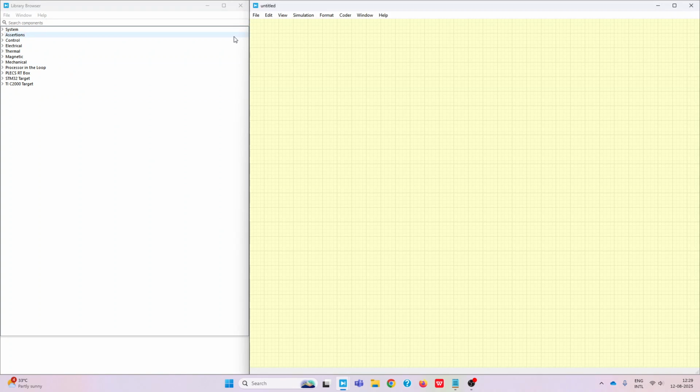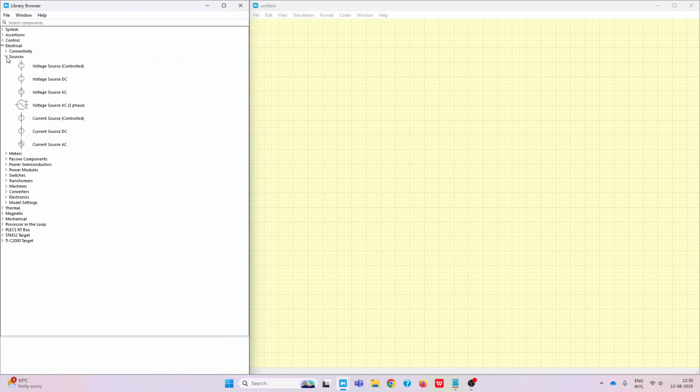So we will first simulate a basic RLC circuit, and we will see how the simulation happens and how to capture waveforms, how to see waveforms, etc. So let's go to these. These are the various libraries. So first go to electrical blocks. In electrical, let's go to sources. So first let's take a voltage source. This,